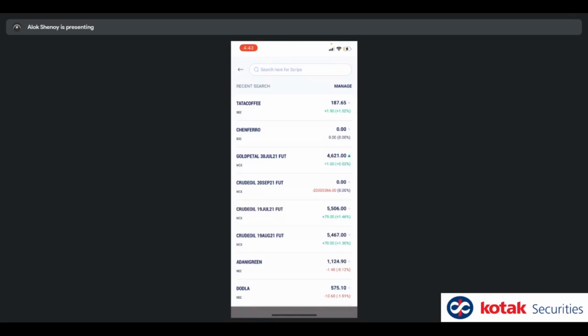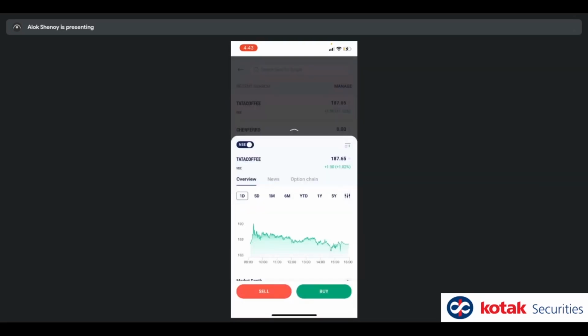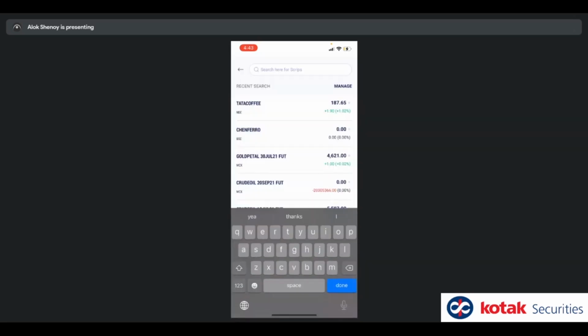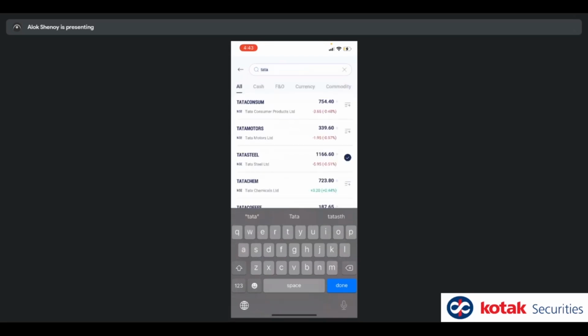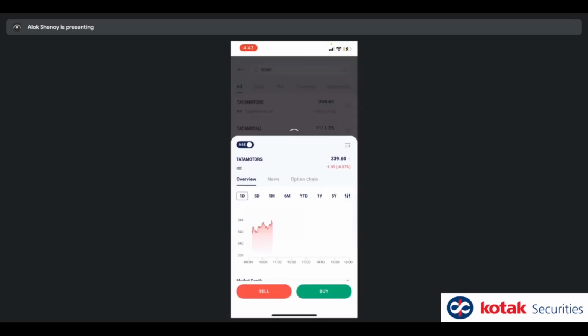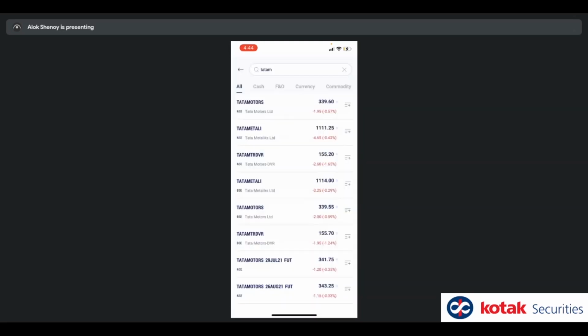Now I can either tap on one of these and buy sell from here right away from search, okay, or I can tap in the search bar up there and I can search for example Tata Motors, right? I just search for Tata Motors and I tap on Tata Motors and it gives me the buy sell option again। अगर मैं इसको watch list में add करना चाहता हूँ, if I want to add this to the watch list, just click on the plus button on the right and that will allow you to add it to a watch list। It's added to watch list 1 because my search was from watch list 1, okay।